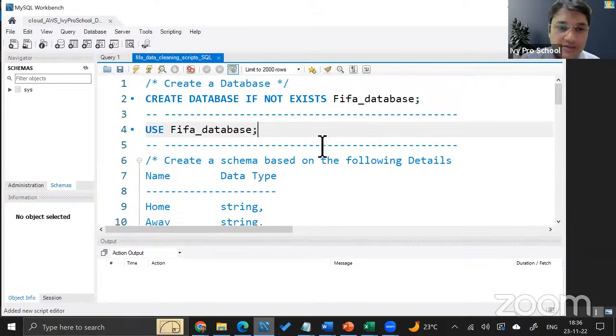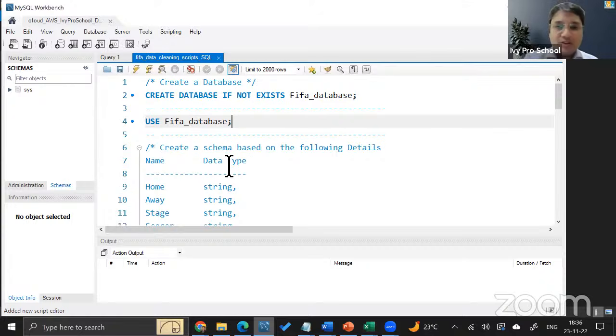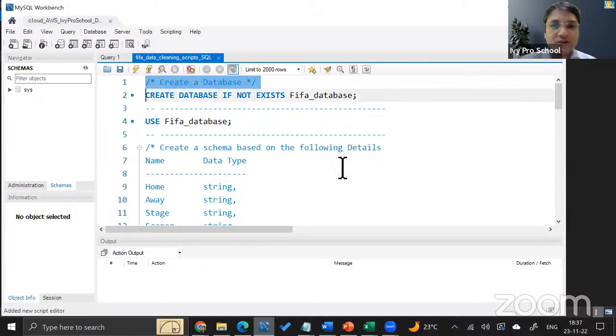Now if you notice here, I've got the code, and you can zoom in by pinching out and pinching in on your trackpad, so you'll be able to zoom in and zoom out the font. Okay. Now let's look at this. What is the first thing? Slash asterisk, and then close it with asterisk slash. This basically means a comment, which is a non-SQL statement. Every computer language has comments. This is how we write a comment. It's good practice to write comments.